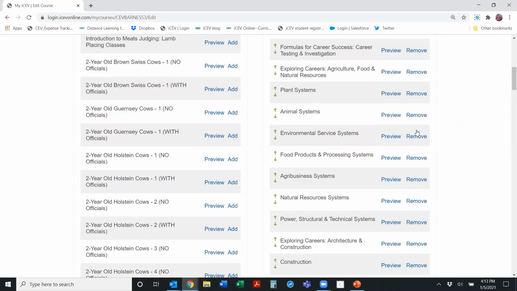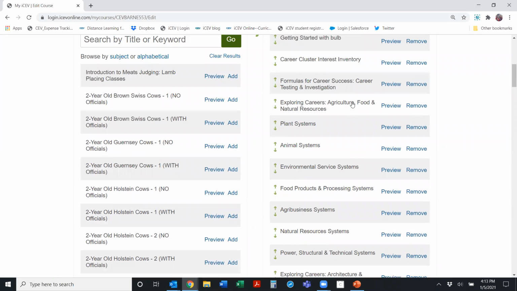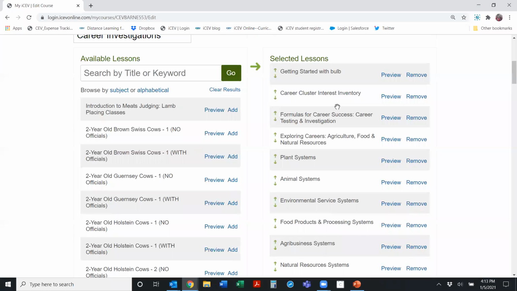Now, I always caution my subscribers, don't worry about removing lessons. It's really not going to hurt for you to leave them there. And the reason why is because I'm going to show you later how you can hide all of these lessons from your students and they'll never know what's there. And it's important that you always need backup lessons, especially if you have some students who are gifted and you want to be able to give them an opportunity to further their knowledge or to keep busy while you're working with your students who may take a little bit longer completing the content.